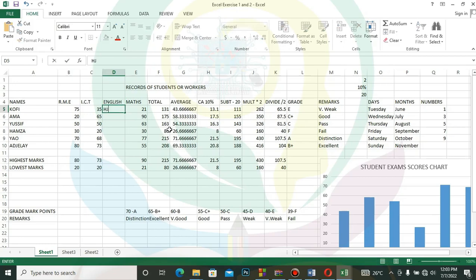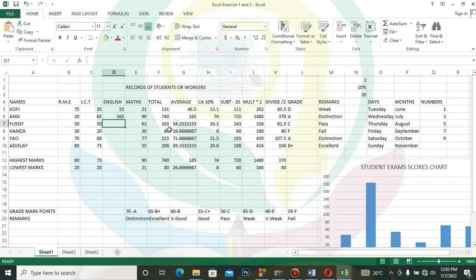So if I put some information into this place, see the answers are changing. The answers keep on changing. As we are doing this, the chart is also moving. That's how this works. So if you realize that, oh guys, I forgot to add one particular subject, this is how we insert additional columns to our work. Now also when you realize that this column is no more needed,